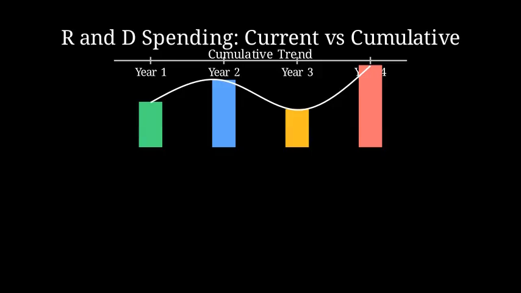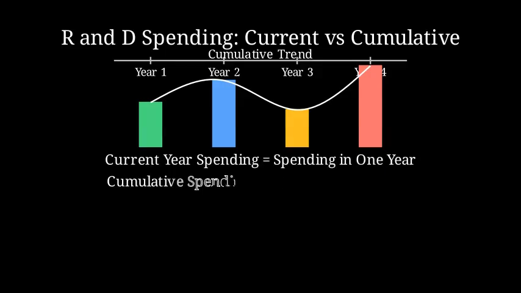Let's write the basic idea with words. Current year spending is just that year. Cumulative spending is the sum of all years up to now. This makes it easy to monitor the total investment in research over time. Now let's list the main benefits of tracking both current year and cumulative expenditures for camera and drone research and